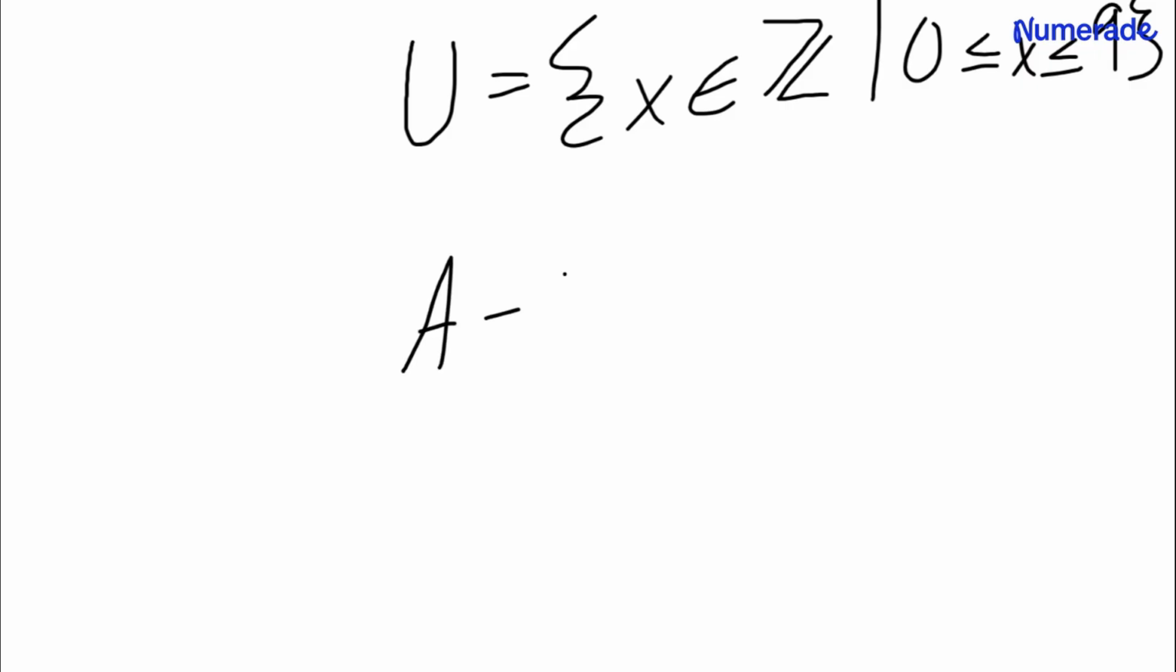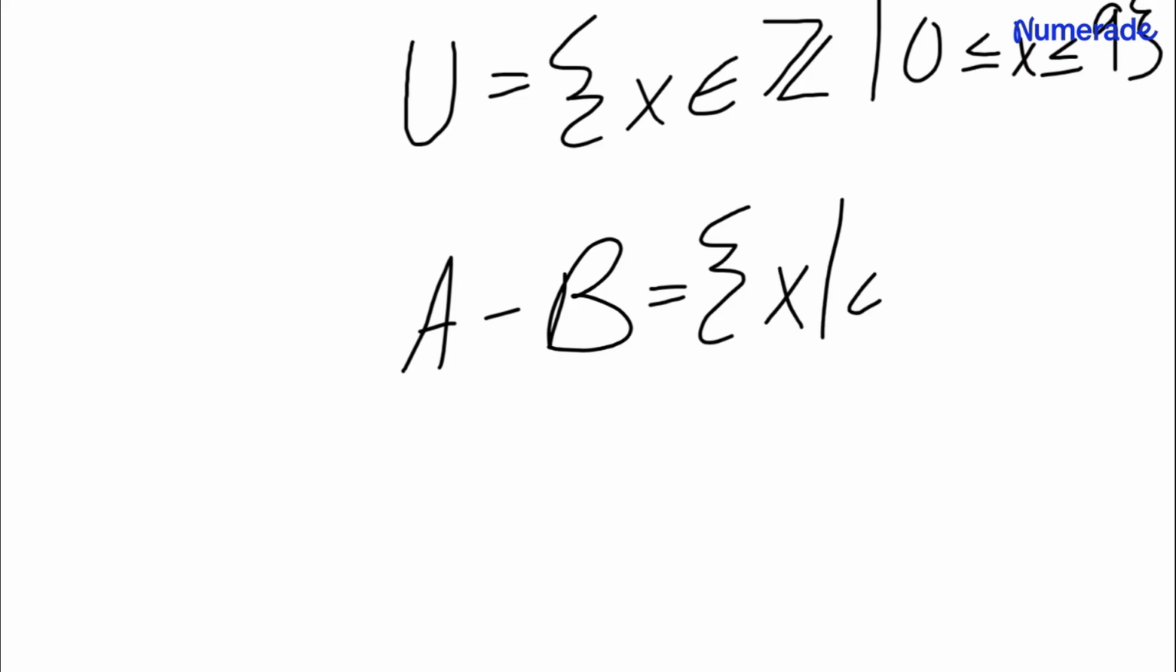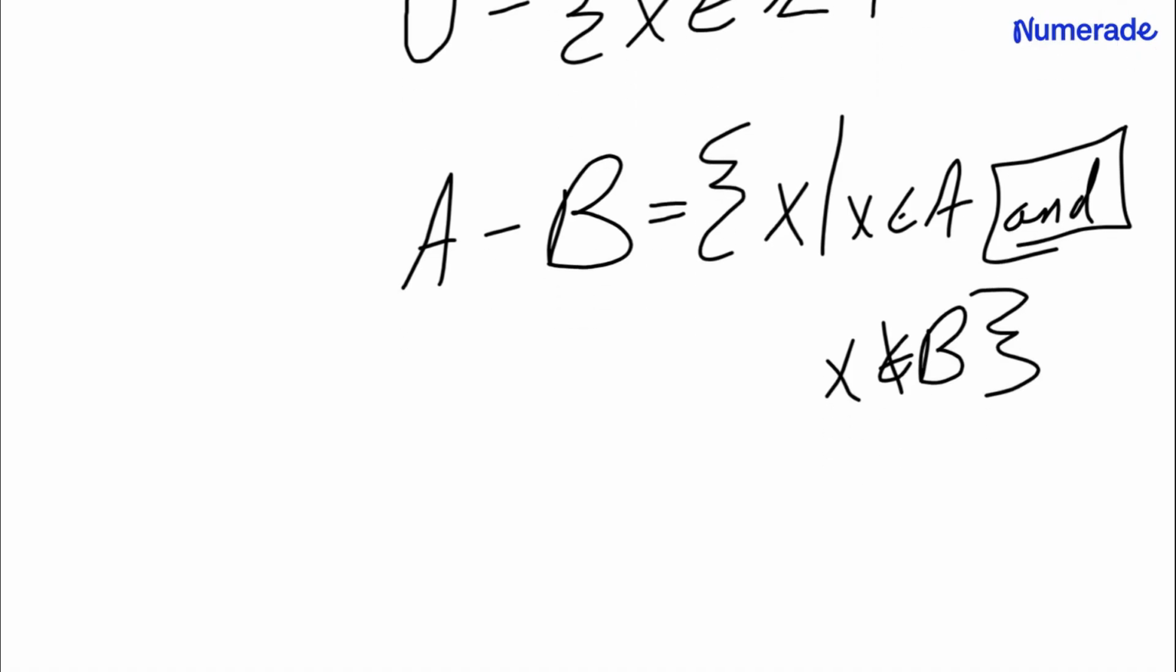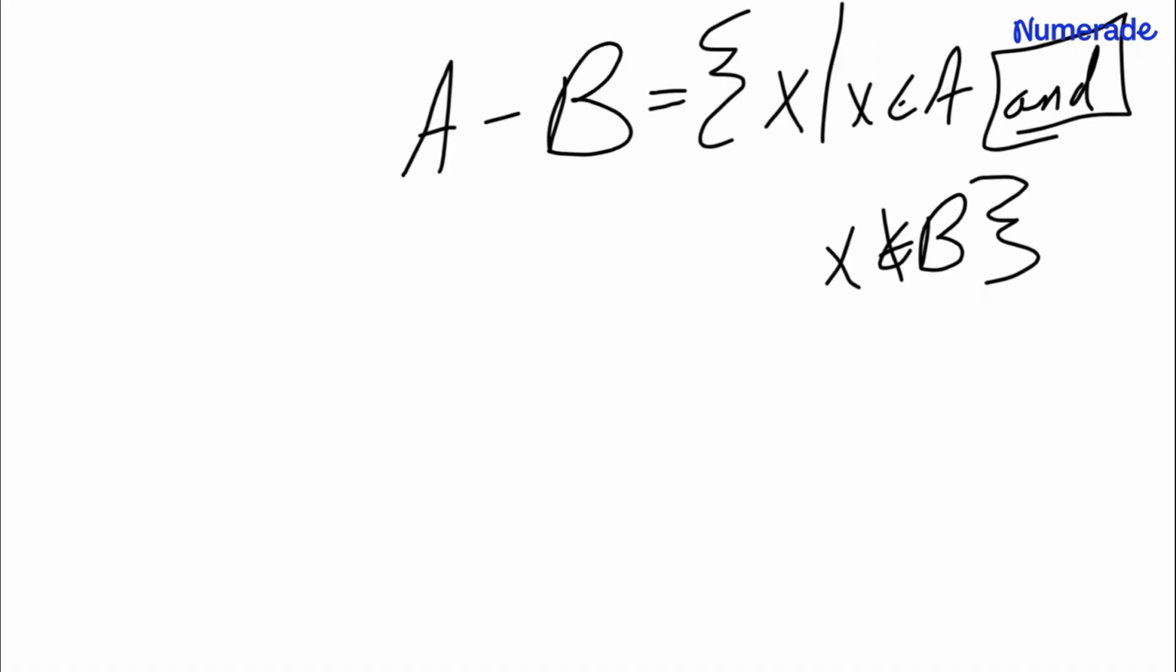So A minus B, that's going to be equal to the set of all x such that x is an element of A, and this is the key, x is not an element of B. So basically we're going to start with A and take everything that is also in B out. So if we look at A, it is the set that has